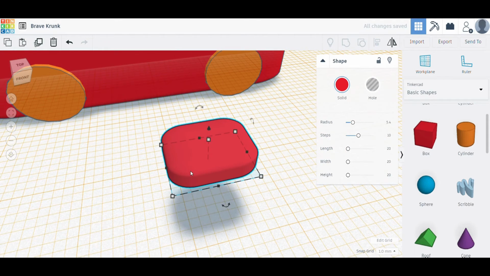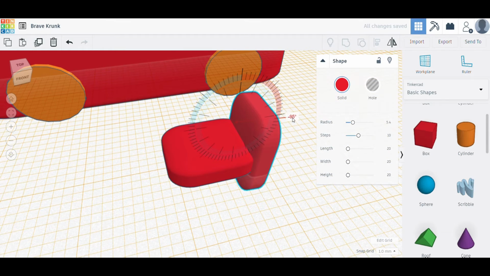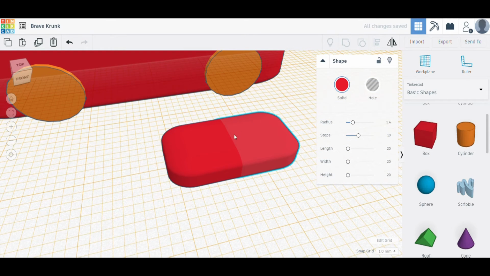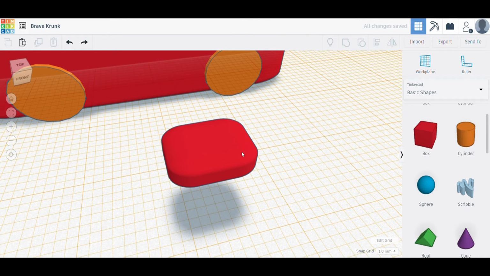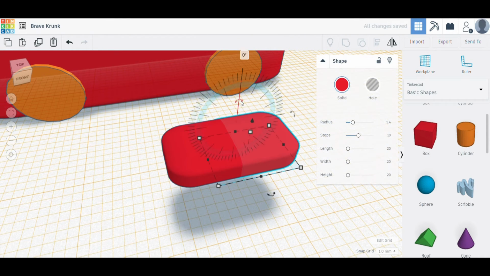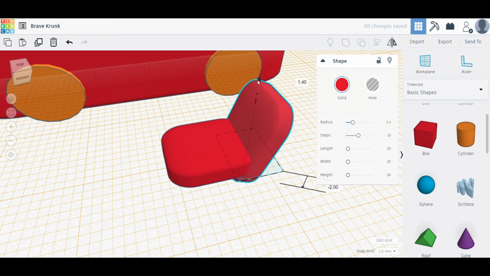Let me make just a few adjustments. After duplicating, you can make it like a backrest also, just like this. Now adjust the backrest according to the seat.